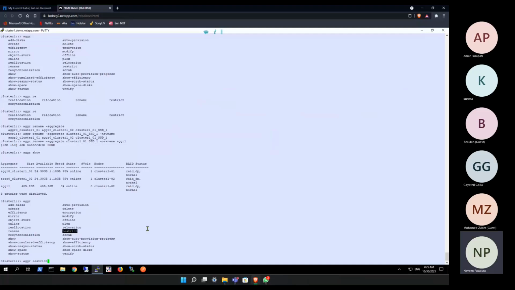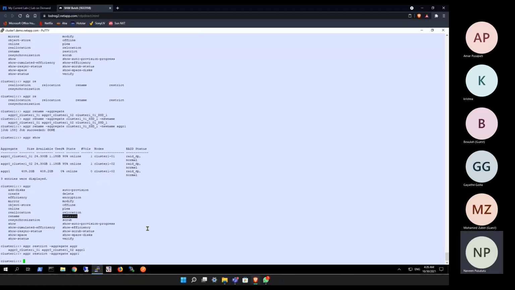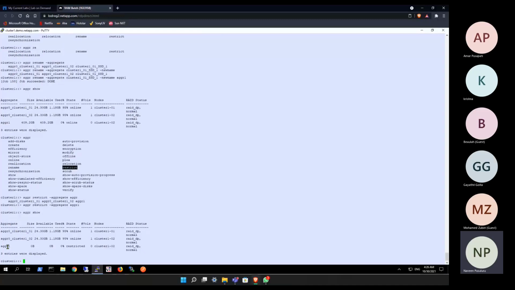Restrict. Actually, this is also a useless option mostly. Okay, restrict means nothing but it will restrict your aggregate. That means your aggregate will go to restricted mode. When you see AGGR1 status now, it is restricted. It is similar like offline. Same thing. Whenever your aggregate is restricted, you'll not be able to access the data which you stored on top